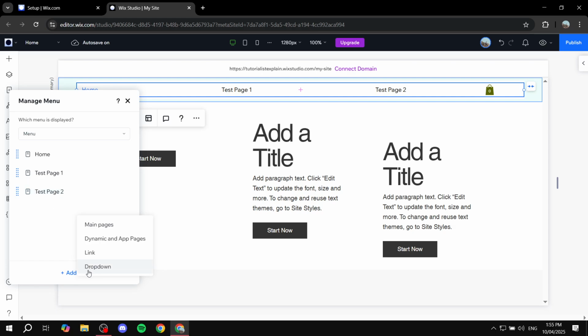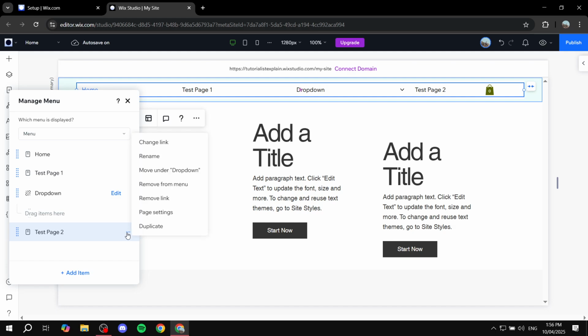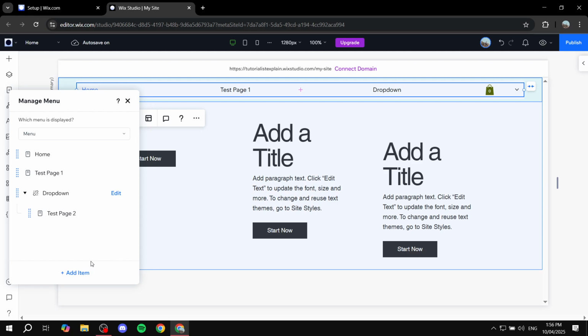I'm going to do both for the sake of it. So I'm just going to name this one, I'm just going to leave it as it is, drop down. And let's just say we want to have test page 2 underneath. So we're just going to make that underneath it. And to do so, you just want to go to test page 2, click on the 3 dots right next to it and click on move under drop down. Okay, great. So now that we have our first drop down, let's add some more items